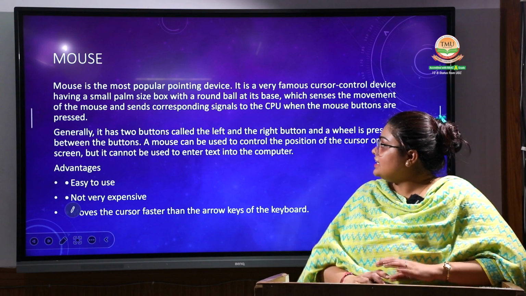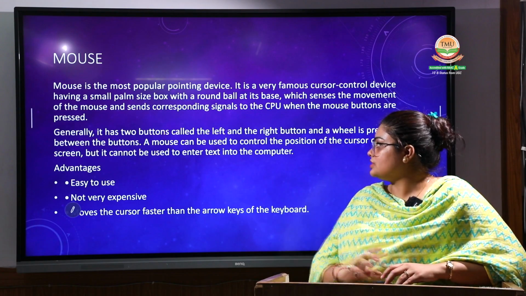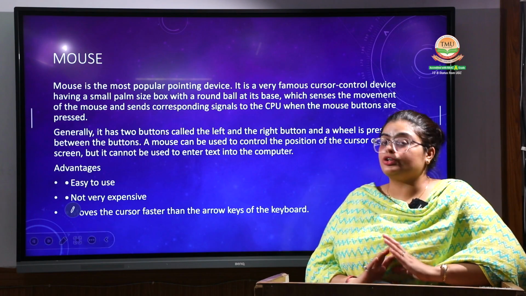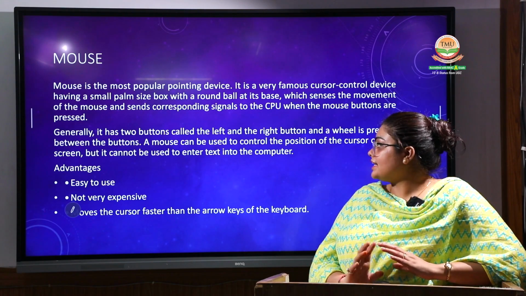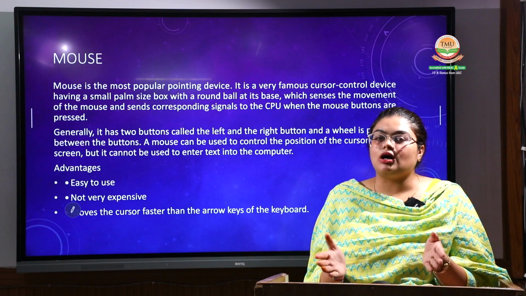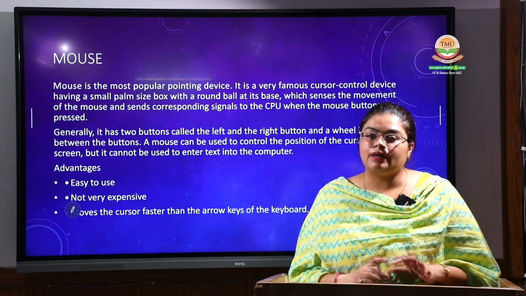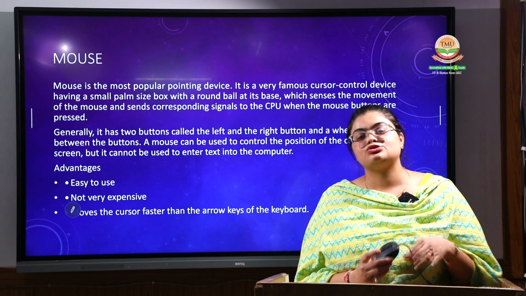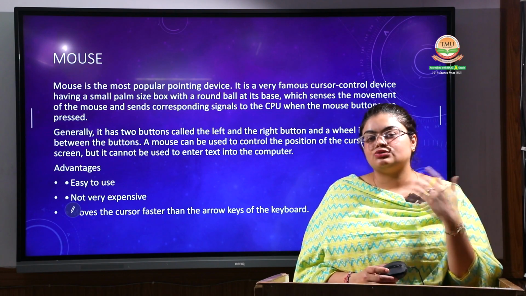Okay? Generally, it has 2 buttons, which are the left and right buttons. A wheel is present between the buttons. A mouse can be used to control the position of the cursor on the screen, but it cannot be used to enter text. The difference between the keyboard and the mouse is that the keyboard is basically used to enter text, but a mouse is basically used to move the cursor on the screen from right to left,